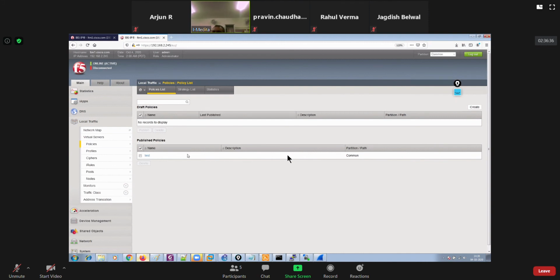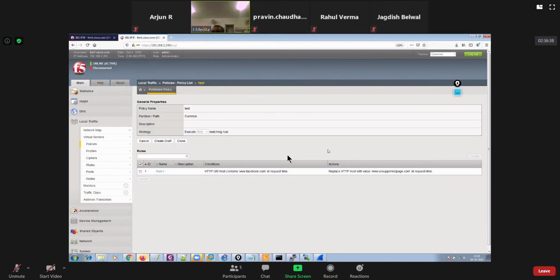If it is already published, then you cannot add any more rules over here. So you just have to make sure that you are adding your rules before publishing it. So that's that piece.